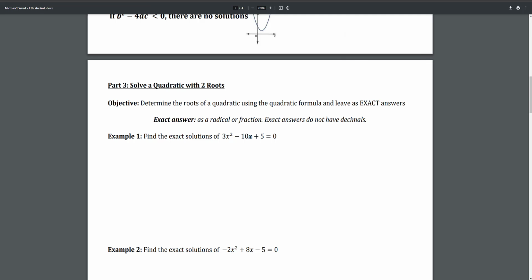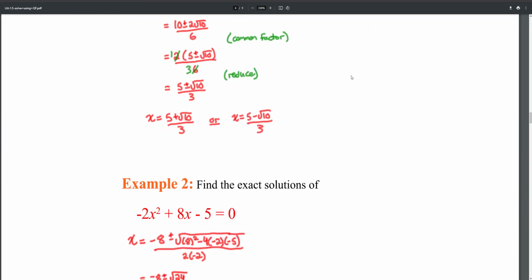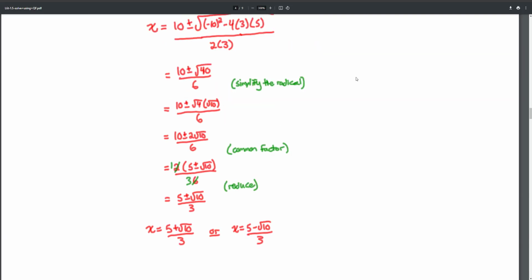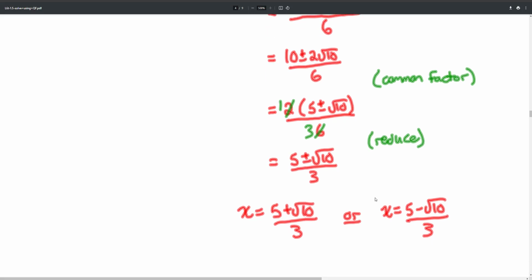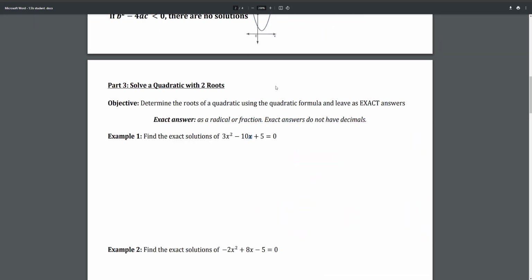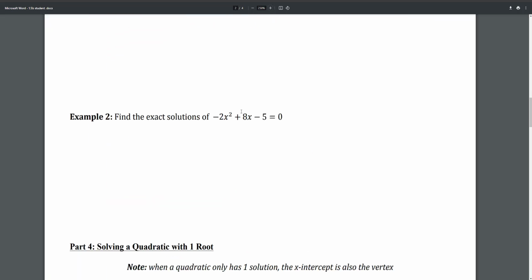Yeah, so that's that. Let's take a look at the answer. Example 1. See if I did it right. And what do you know? I did it right. I'm not going to go over another